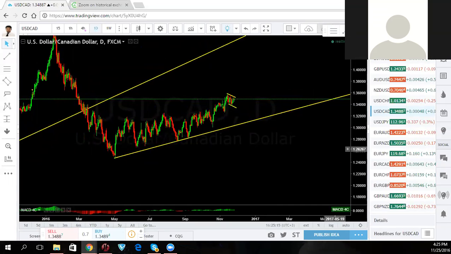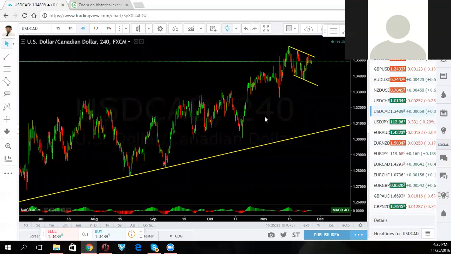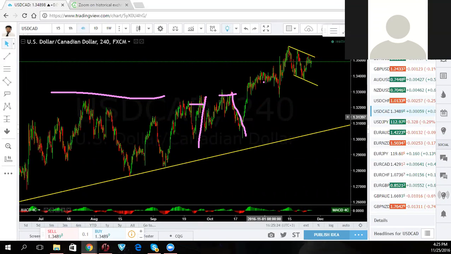Let me go into 4 hours so you have a better view into that. So let's go into 4 hour. And once it started showing you a sign of downside, after you've broken the top of this, that's a sell setup that we had. This is a sell setup that we had. We lost that one. This is a sell setup that we had. We made money in that one. This one is a sell setup. That one, I think we didn't get it. And we're looking for another sell setup here.